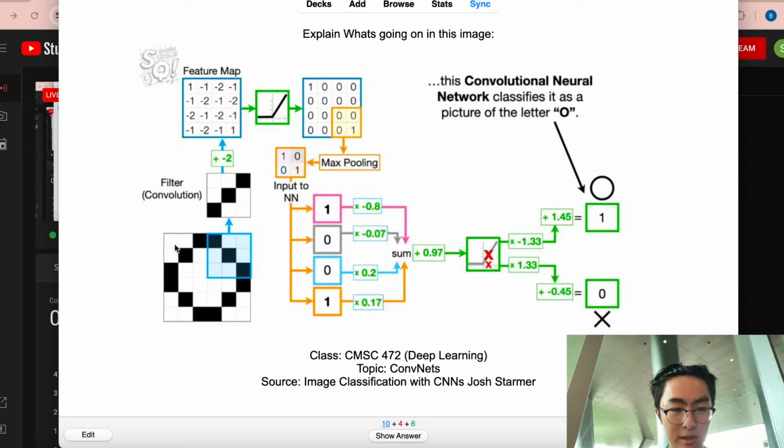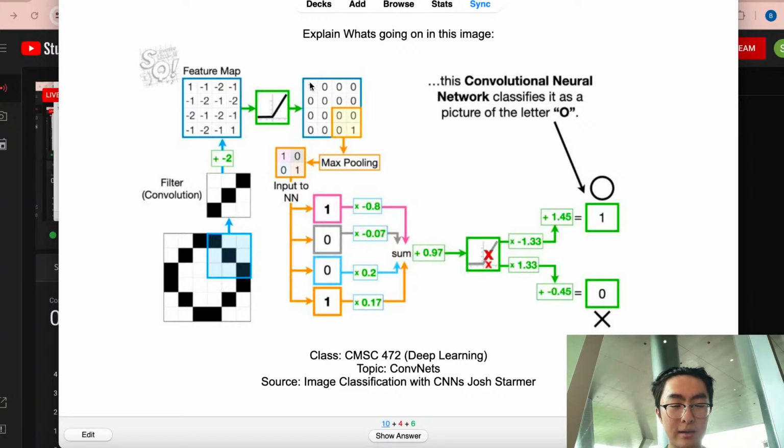So this represents a 6x6 image of a 0, and we'll take a filter that is 3x3 and has learned some parameters: 1s on the diagonal, 0s on the sides. You apply this filter to create a 4x4 feature map. This will have a stride of 1 so that the output dimension is 4x4. Then we feed each element into a ReLU